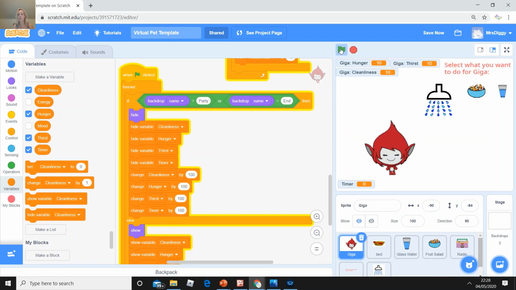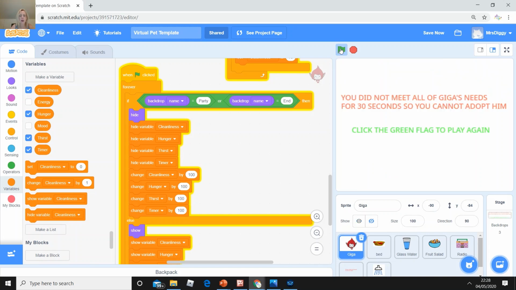So green flag. Okay, so this time we'll let the timer go up and see whether it's going to work. So the only problem with just hiding the variables was the variables carried on going up or going down. So I'm trying to solve that by just changing the variable if the backdrop changes. So you can see we lost, we didn't meet all of Giga's needs, and the backdrop hasn't changed back to party